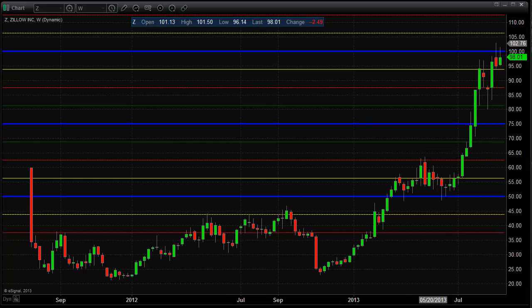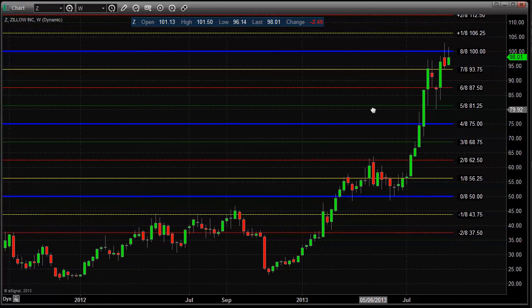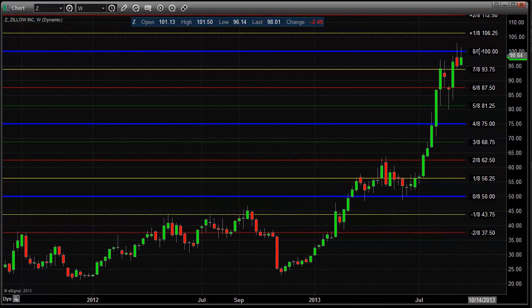All right, now here's a look at the Zillow chart in the weekly time frame with the Murray Math box on it. Key takeaway here is that they've pushed up into this 100 level, which is the 8/8 level on the Murray Math box, but we're unable to get through this. So we're starting to see some real resistance here. If we do retreat and start to turn to the downside here, first level is going to be 87.50, which is 6/8. And then we're going to go back to the daily chart and use that static trend line at about